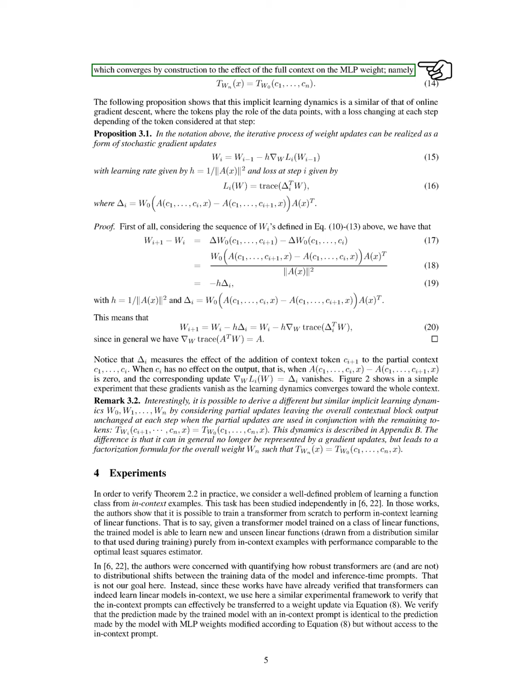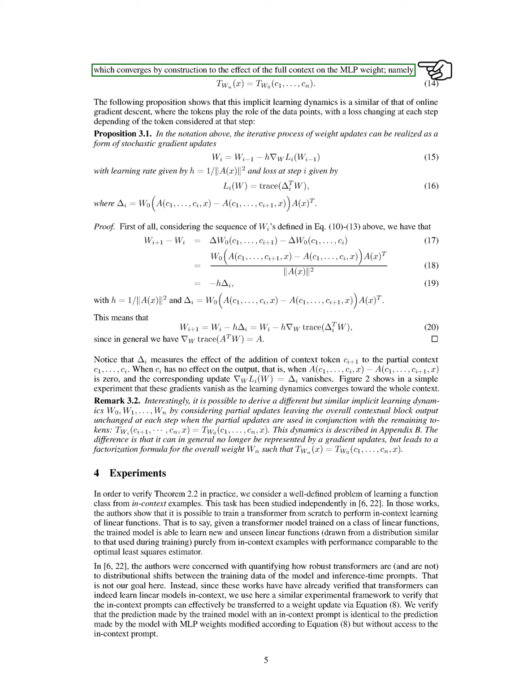We note that the change in weights measures the effect of adding a new token to the current context. If the new token does not affect the output, the corresponding weight update becomes 0. Our experiments demonstrate that these gradients diminish as the learning process approaches the full context. Interestingly, we can derive a different but related learning dynamic by considering partial updates that do not alter the overall output at each step. This approach leads to a formula for the final weight that reflects the entire context.